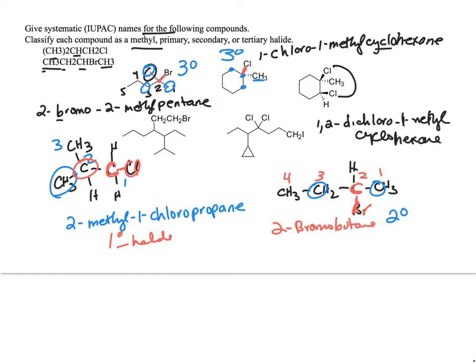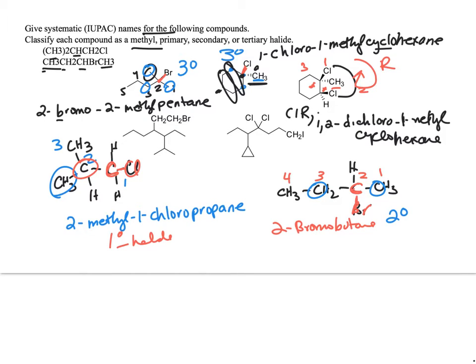The one before, just because it was written as dashes and wedges, didn't mean it was R or S, because if you look at this carbon here, you go out and then you finally meet. So this was not an asymmetric carbon. However, in this compound you have 2 asymmetric carbons. So now we need the R and S. So 1, 2, 3, and that would be clockwise. Clockwise is R, and you have the methyl in the back, so you would put in front of the name